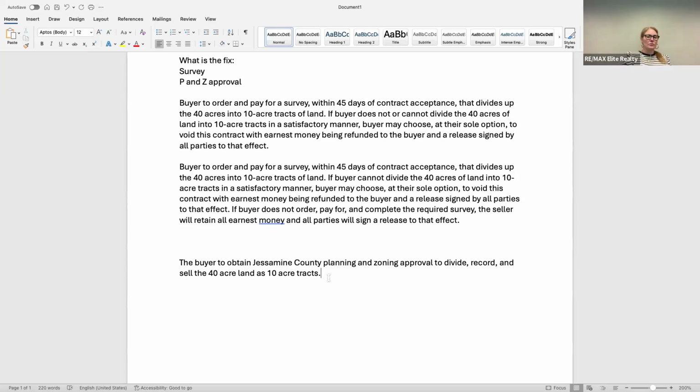But what the buyer can do is they can get a really good vibe about what planning and zoning is going to approve. They can take it to the meeting. They can get their thumbs up, but they actually will not do the legwork to subdivide or anything like that until after the buyer becomes owner. So this contingency is actually going to be a little different than how we have it written now. And in order to make it as less vague as possible, we'll have to do some